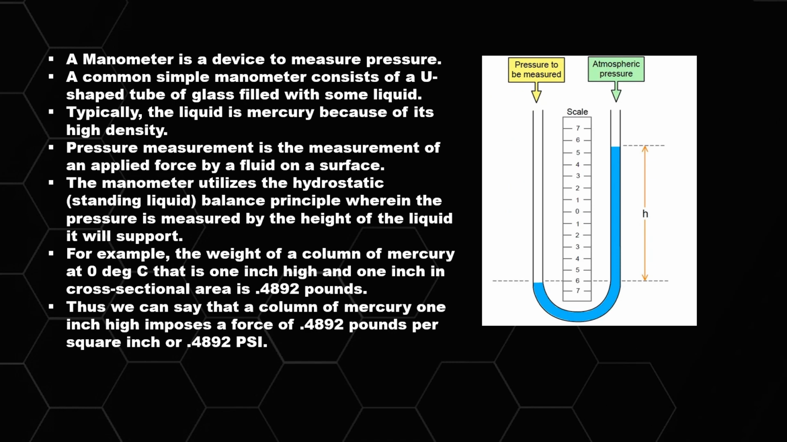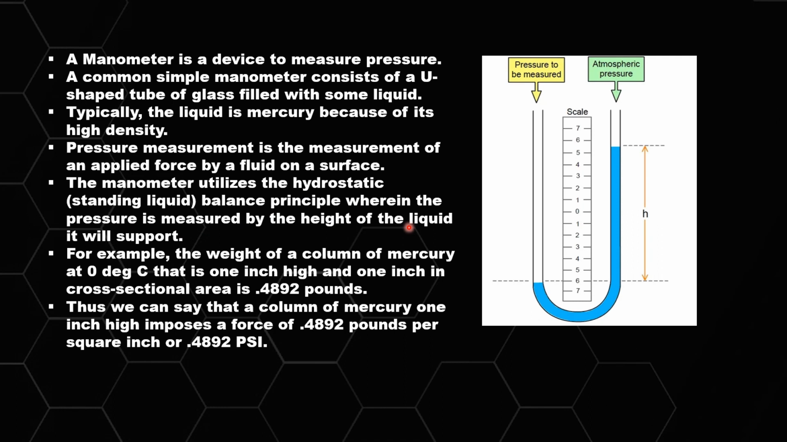So the first instrument is manometer. Manometer is a device to measure pressure. It is commonly a U-shaped glass tube filled with some liquid. Generally this liquid is mercury. Why mercury? Because mercury has high density. So how do we measure pressure? Pressure measurement is generally done as a measurement of applied force by the liquid on a surface. So manometer utilizes that principle of hydrostatic balance where a pressure is measured by the height of the liquid it